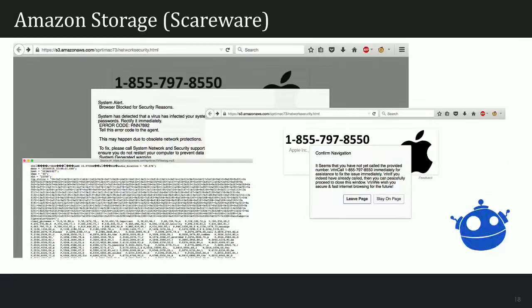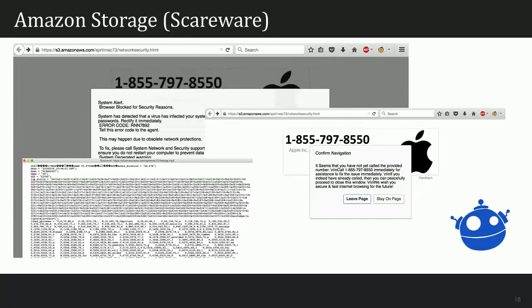Which means that scams that happen on the fly, these kinds of malicious pages, one way or the other used for social engineering, can still be hosted on the S3 buckets, right? And then different kinds of attacks can be triggered. So these are a few examples that we are talking about.